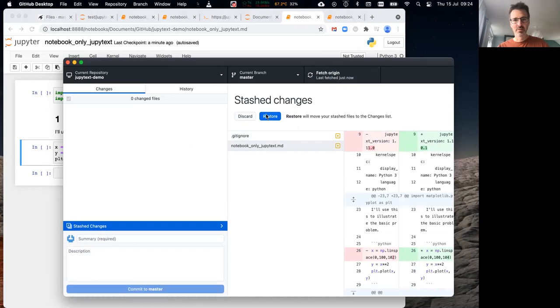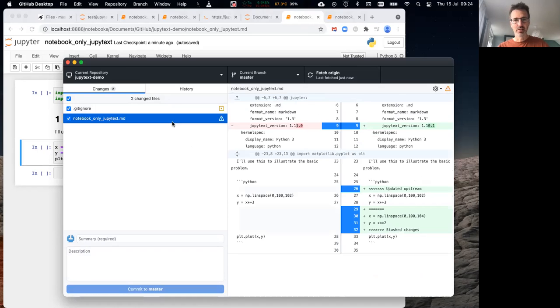I don't know what's happened. Okay, so now you can see I have a conflict because I've done a whole bunch of clicks. I don't know how I got here in GitHub Desktop. But in any case, what we now have is that this file is conflicted, and you can see here the